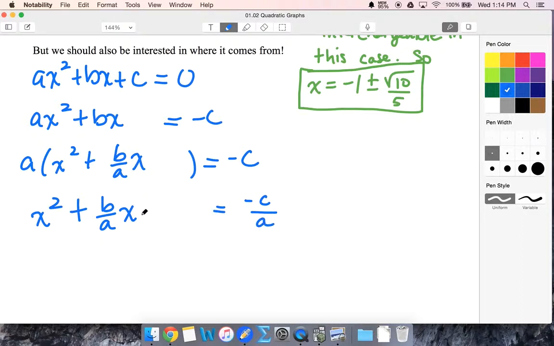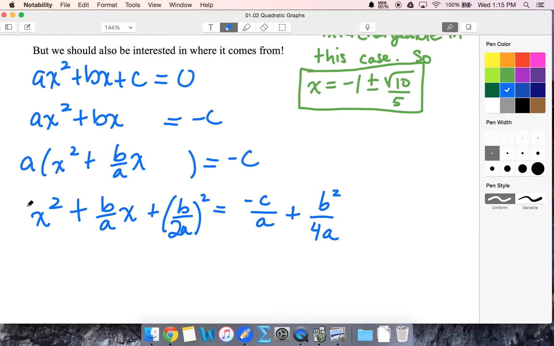So now to create this term, I take this one, divide it by 2, and square it. So b over a, but if I divide by 2, that's actually over 2a squared. I'm going to add that to the other side. If I square this, I get b squared over 4a. And this should start to look familiar already. All right, this makes my perfect square